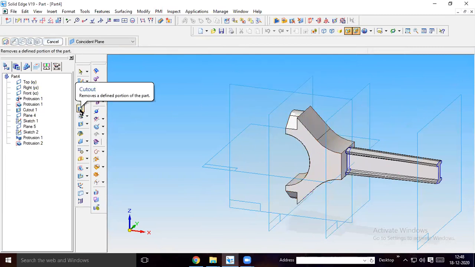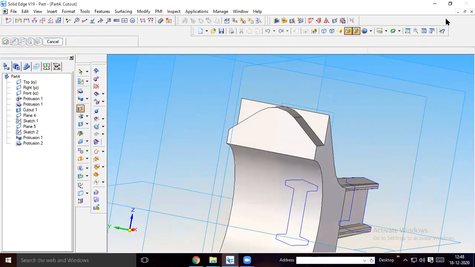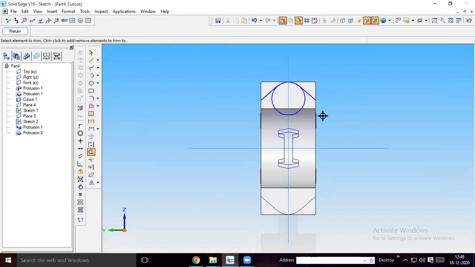You have to do a cutout. Okay, cutout of this extra portion, what is present here. For that, you just create the same profile here. So if you move to the center of this arc, you create this, go to circle and then create a same dimension circle. Then from the end point of this line, you draw a tangent to this arc. Again from the end point of this, you draw a tangent to the arc. Then you trim the unwanted portion.